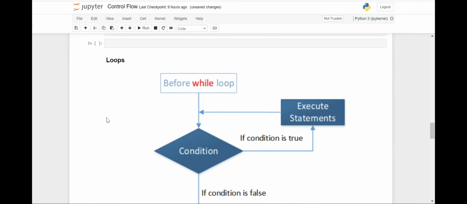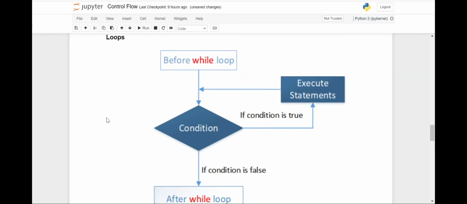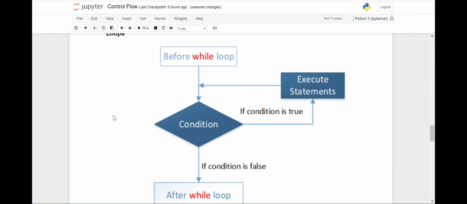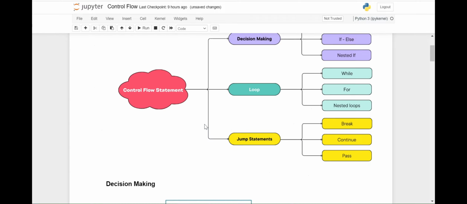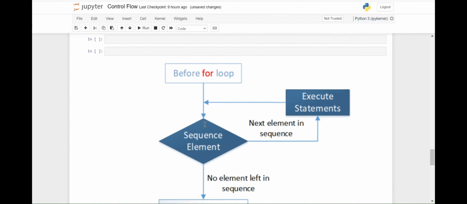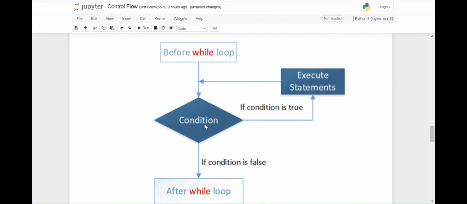Let's just see what loops are also, right? Basics we'll do first, then we'll move on to some questions. So loop, what a loop does is, first we're going to do the while loop, then we're going to do the for loop, and for the nested loops we'll see the questions only. Okay, so while loop,